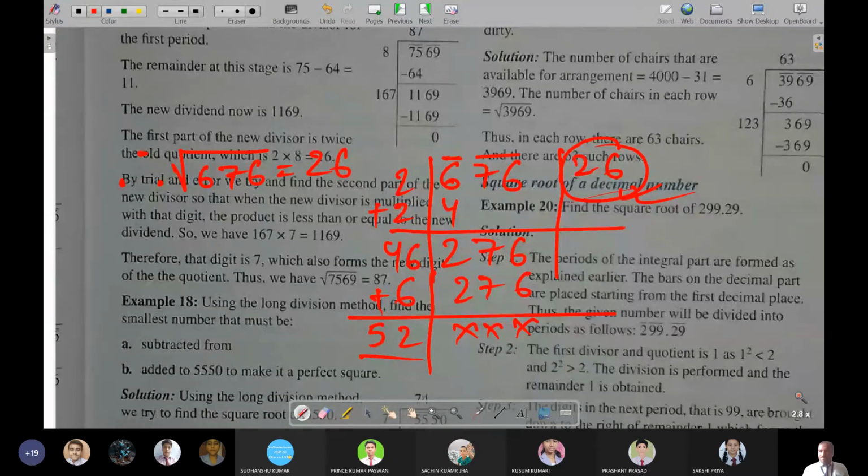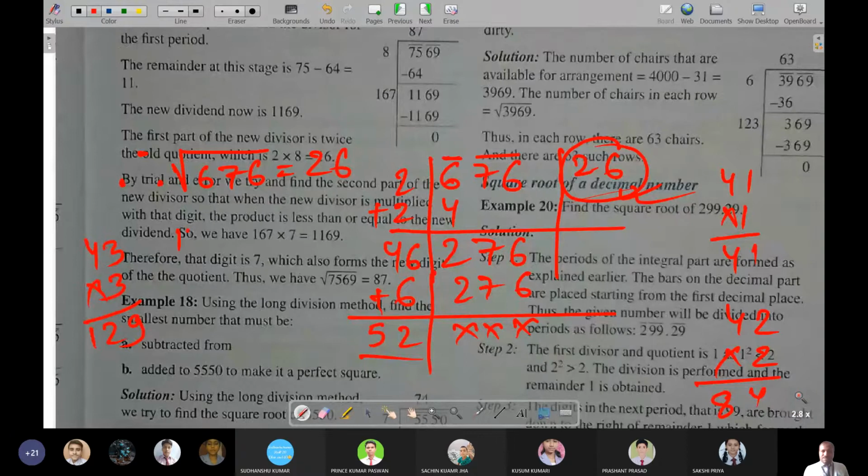Like suppose if you keep 1, then with 41, 1 we will be multiplying, then we will get 41 only, which is too much less. If we keep 2, then 2 with 2 we will be multiplying, that is 84. That is also less. If we keep 3, then with 3 we will be multiplying. That is how much? 3 3s are 9, 4 3s are 12, 129.